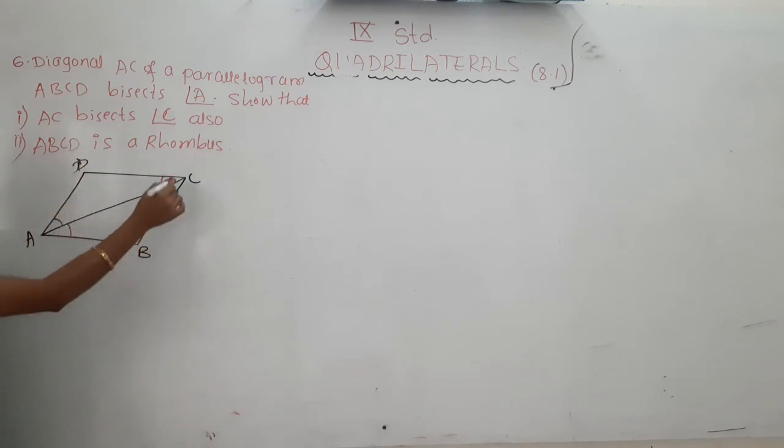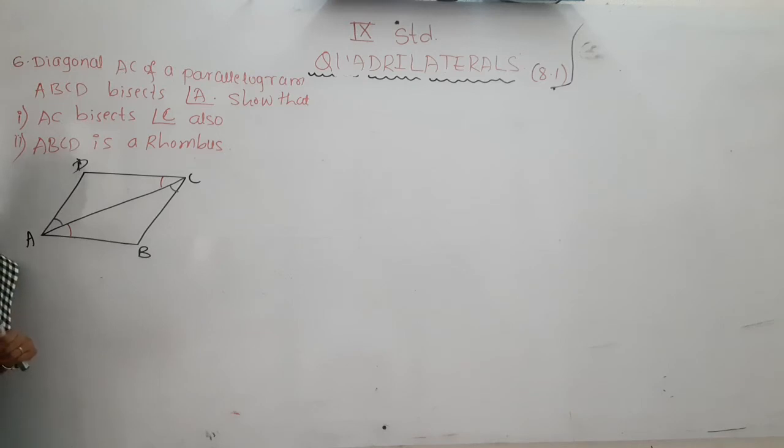Now AD is parallel to BC. Why are these two parallel? Because it is a parallelogram. Here AD is parallel to BC and AC is a transversal. What about these two angles, angle DAC and angle BCA? These two are alternate interior angles, and in the same way if you take